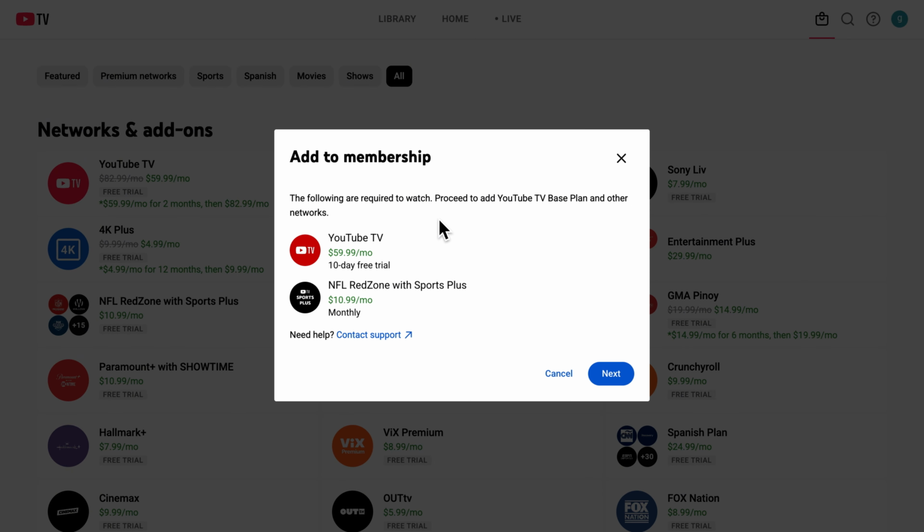And as you can see, if you want to buy the NFL Red Zone bundle, you must have the YouTube TV base plan first. So you have to purchase both of the plans at once. But if you already have the YouTube TV base plan, you are eligible to purchase just the NFL Red Zone package. But either way, just click on Next and complete the purchase with debit card, credit card, or even your